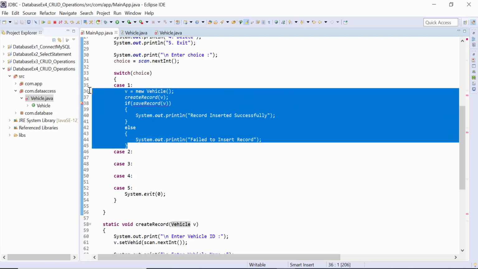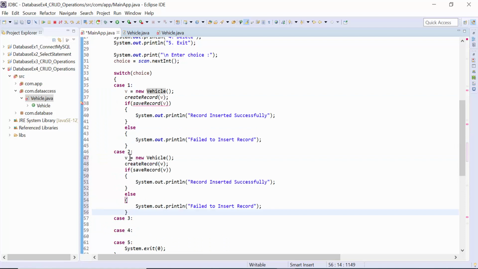Now copy this line, and you can go for the same here. Instead of creating a new vehicle, you just ask the user to enter a vehicle ID to update a record.